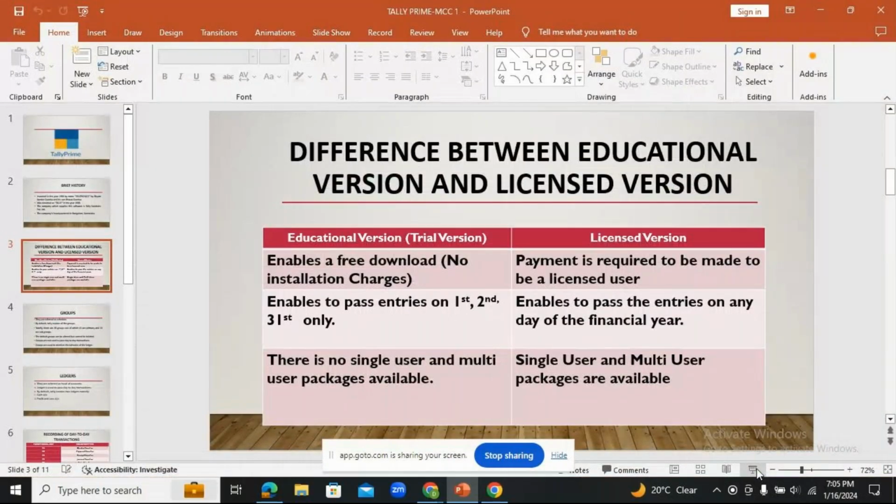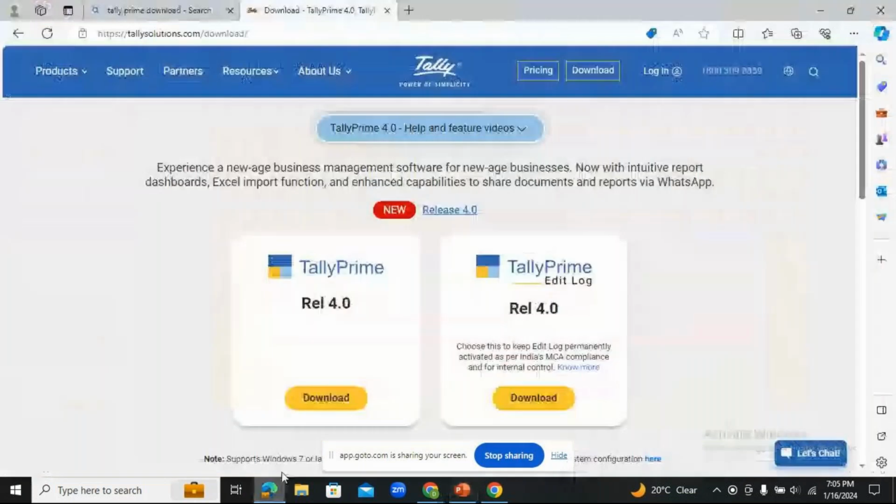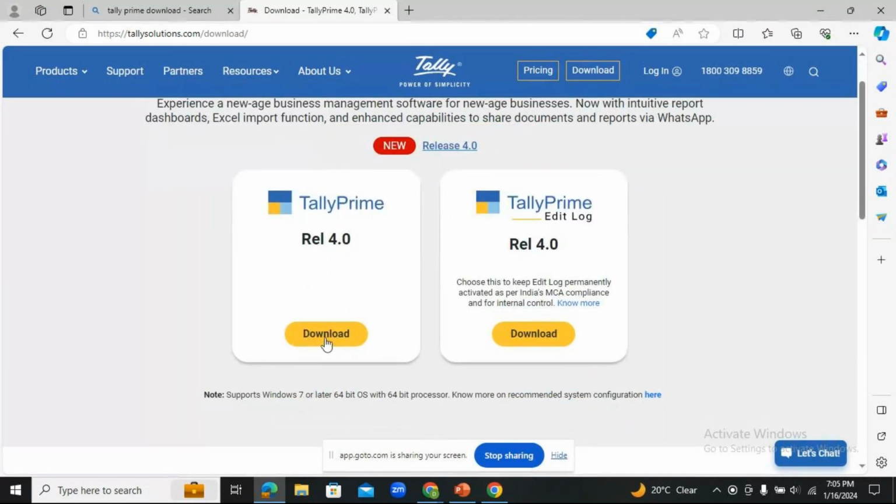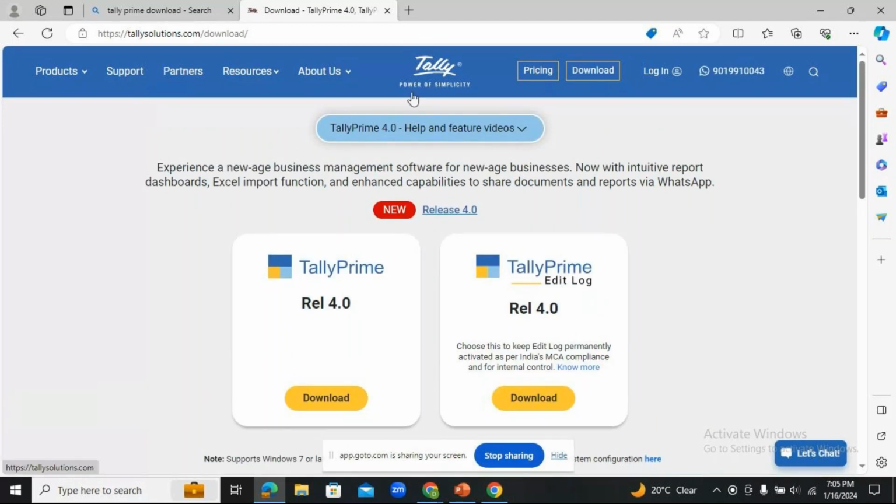So coming back to the first website which I showed you. Currently we have TallyPrime Release 4, and at the bottom it has been given as download. Before we download the software, at the top here, can you see we have pricing and we have download? Download is for when we need to work on the trial or educational version.